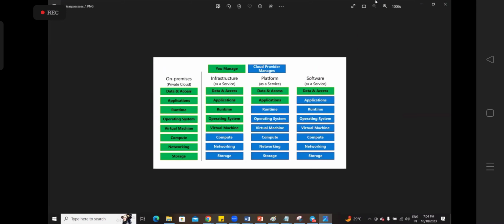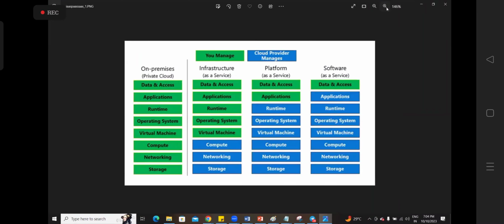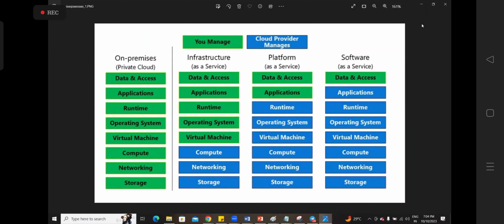Let's maximize it a bit. Can you see this? Okay, everyone know? So let's try to understand here. We have two things. So first thing is,